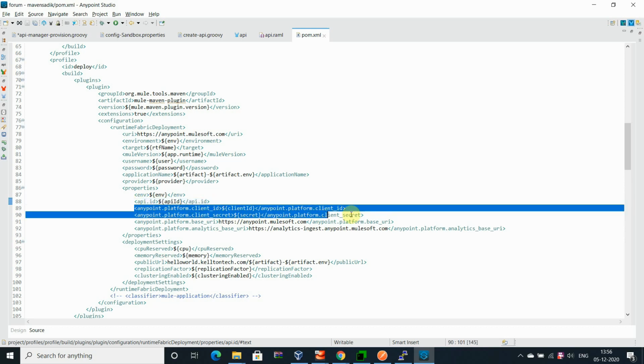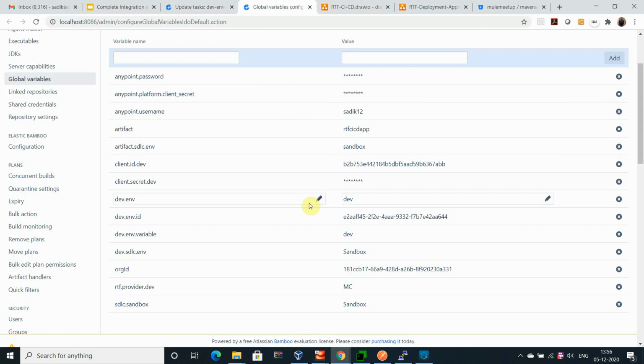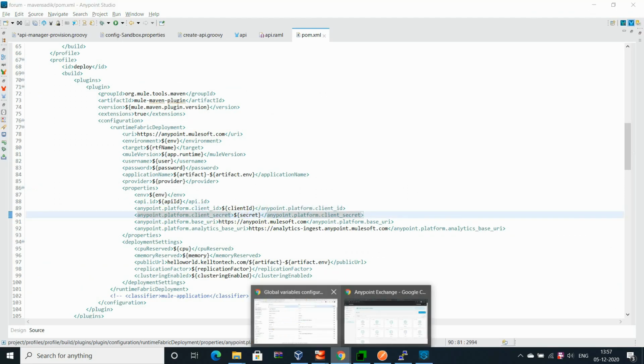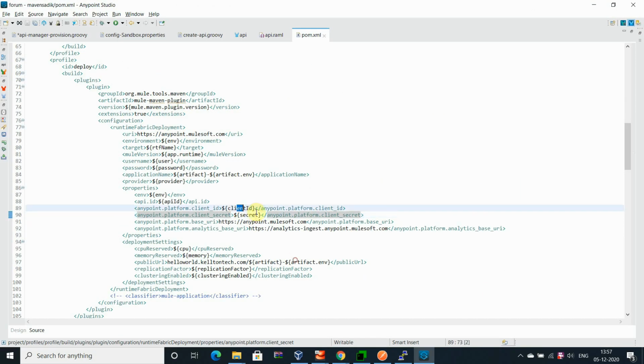The client ID and secret, which I have already configured in my global variable. You can see the global variable API ID and client ID secret, which I am extracting using the command. You can see the secret and ID, all of which I am providing as client ID and secret, which I am associating over here.